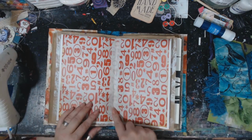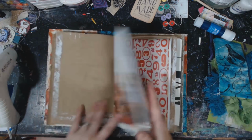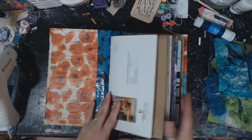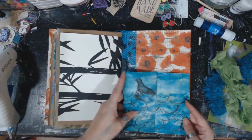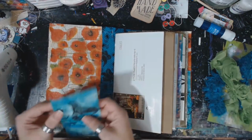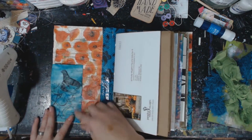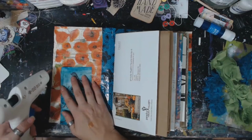Anywho, so yes, put tape down the middle, especially if you're giving it away. I don't do the sides until I actually use it. So, if you recall, we had this piece on there, it was on this side. I had to rip it off, so I'm going to go ahead. I know I said don't worry about pockets, but since I have these pieces already, and I love this look, it's silly not to